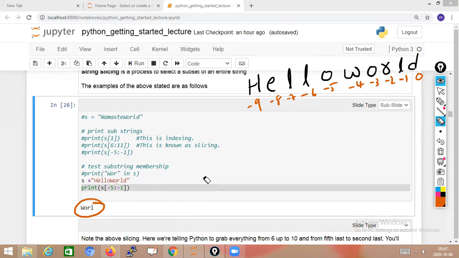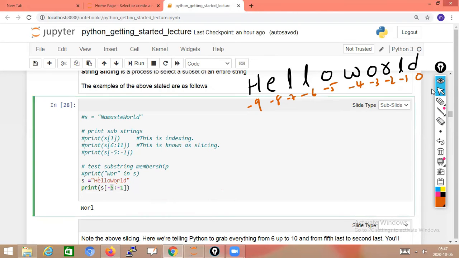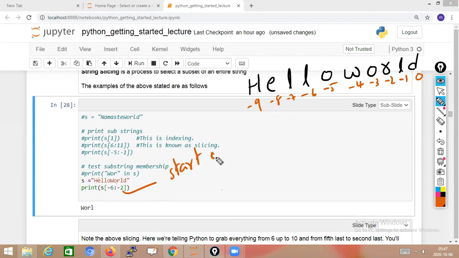For example, we'll change these values. Assume this as minus 6 and this as minus 2. Now what output do we need according to our analysis? It has to start at minus 2 position.